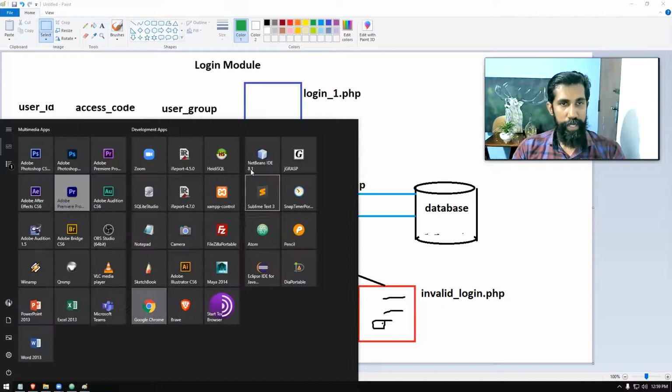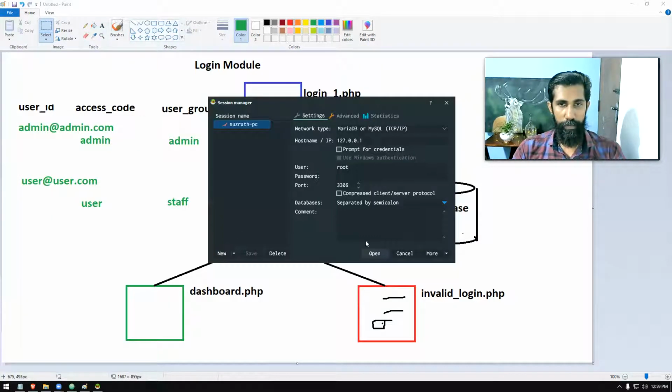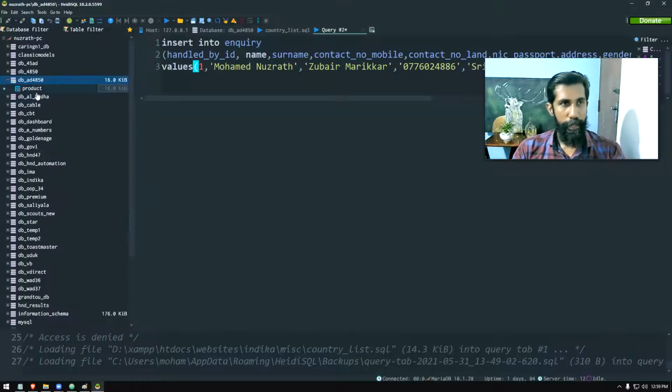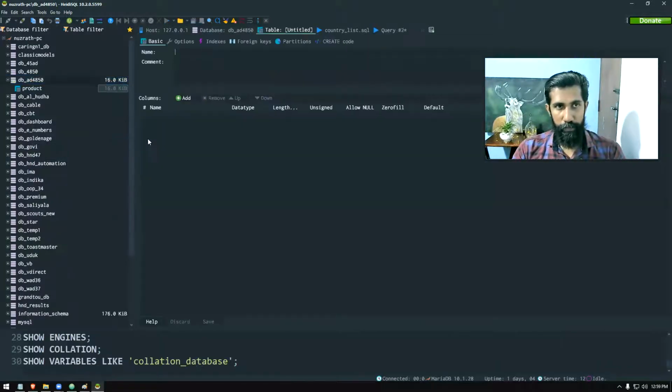I'm starting my HeidiSQL tool. Let's go to the database. So this is the database that we are having, product table only there. I'm building my table now, right clicking on the database, clicking create new table, right?